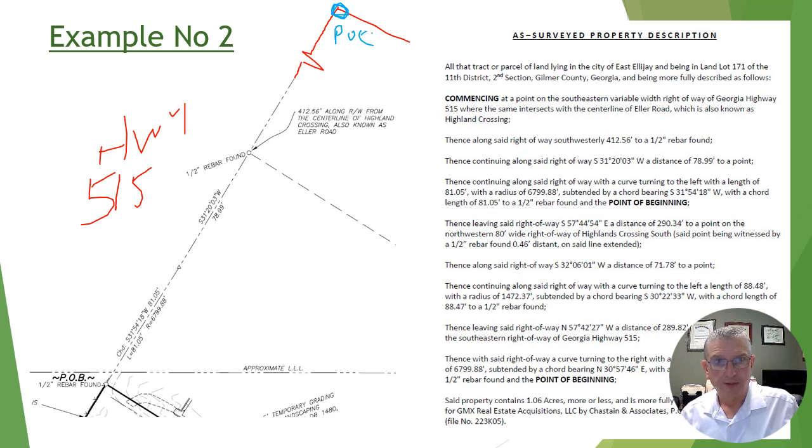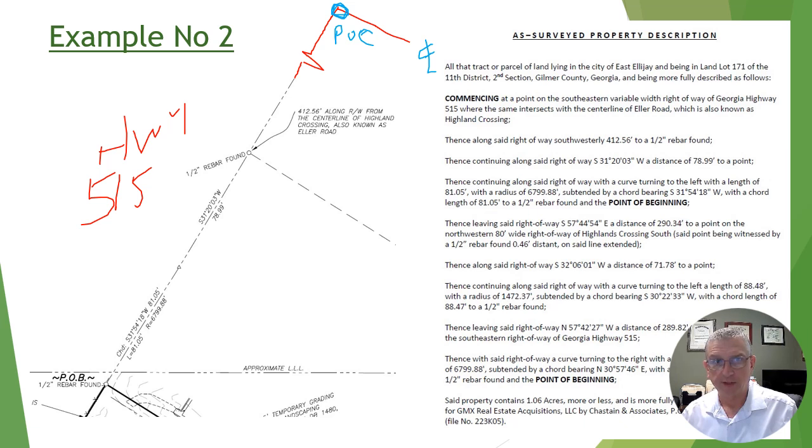So we're commencing at a point on the southeastern variable width right-of-way of Georgia Highway 515. The width is varying. It offsets and jogs all over the place. With the center line, excuse me, it's the center line that everything was tied to, the center line of Eller Road, also known as Highland Crossing. That's why there's no monument there. It's in the middle of the road. You get run over. Fence along said right-of-way, southwesterly,